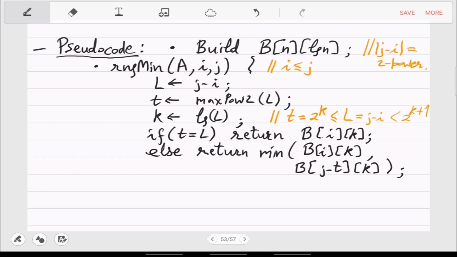Okay, so the minimum of the two will be the correct answer. So that's the full pseudocode. Any questions?